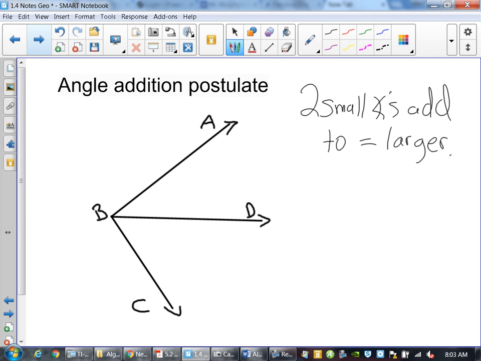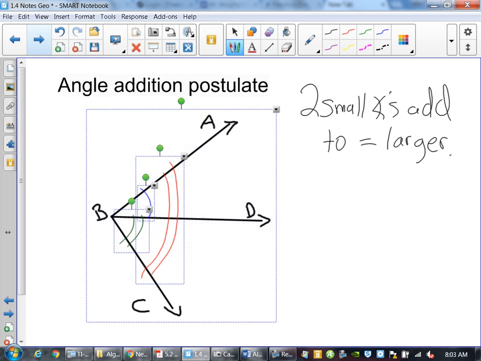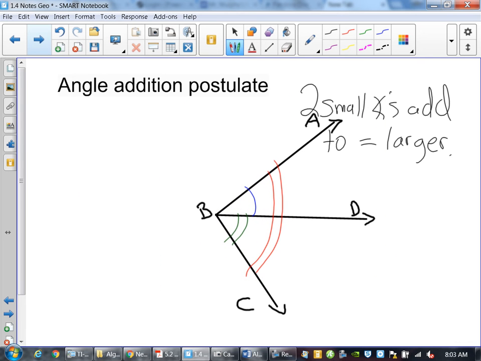We have this one here, this one here, and then the big one in between. Are we okay with that? So in order for me to write this out in terms of angle addition, what's the first small angle? A what? Not AD. AD would be a segment. ABD. So what I would write, let me move this over just a little bit. I would say that angle,